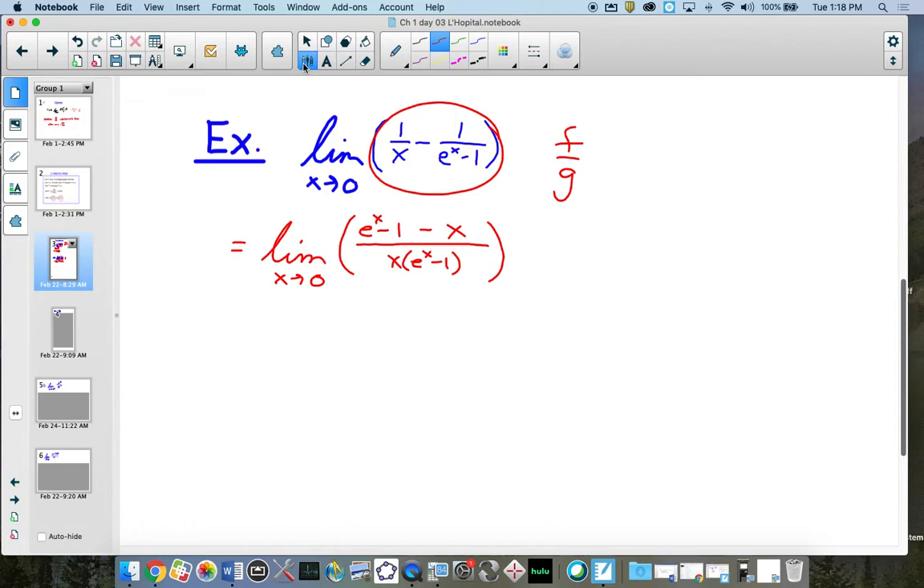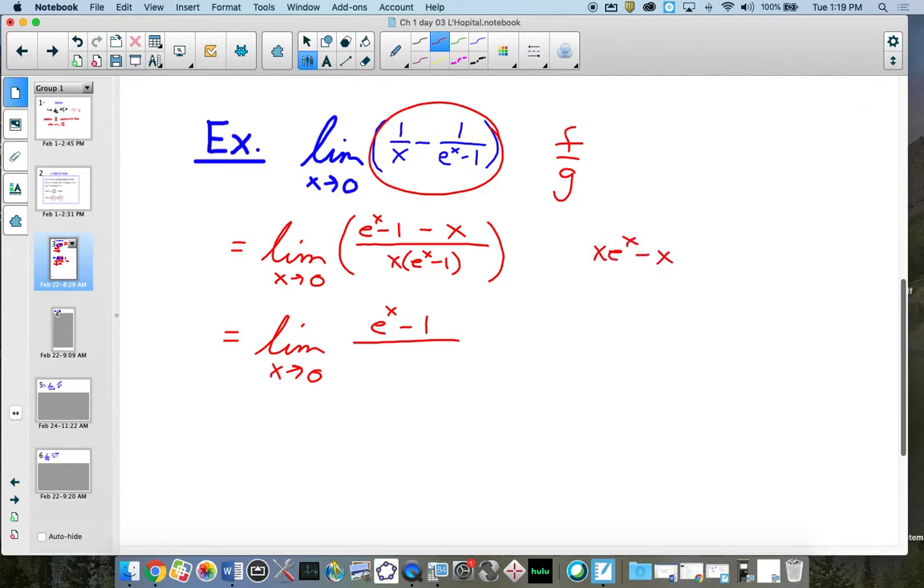So for this limit, that should equal the limit of the derivative of the top and the bottom. So in other words, f double prime over g double prime. So let's keep going. We're going to do the limit as x approaches 0. The derivative of the top is going to be e to the x minus 0 minus 1. And the derivative of the bottom, if I went ahead and multiplied that out, x e to the x minus